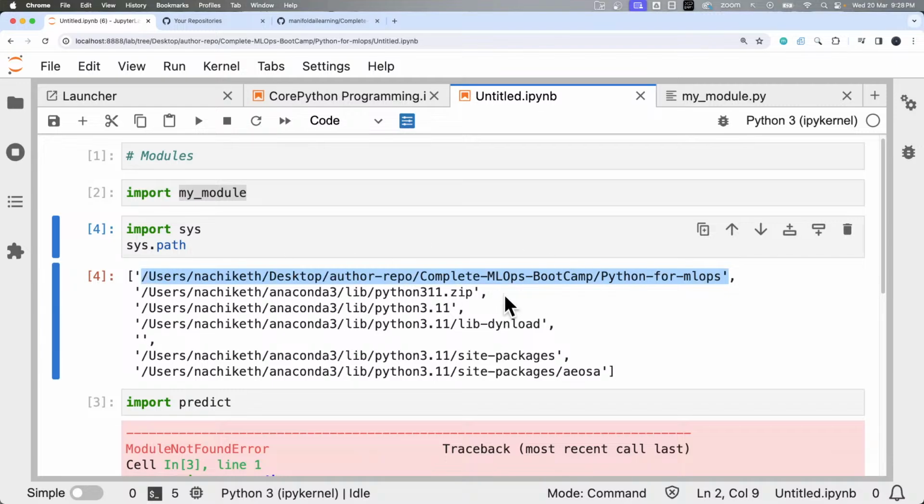So this is my current working directory, which is inside my repository and the folder of Python for MLOps. Now if the system doesn't find it here, then it will search inside this location where my Anaconda library has been installed, and site-packages. And these are the folders the system is going to check in a sequential manner so that it can